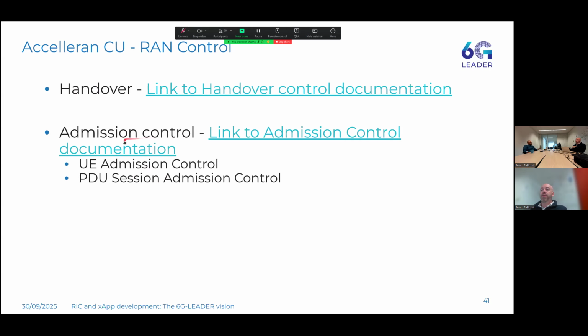On the other hand, we also have the admission control. This allows us to, as I said, do UE admission control, but also PDU session admission control. So the CU will ask you, hey, I have a new UE that's asking to be admitted on the cell. Do you want to accept it or not? This is very interesting in congestion avoidance scenarios, interference management, or even prioritization, right? You can then prioritize certain UEs and back off everyone else from the network, let's say, in emergency scenarios or something like that. Just thinking outside of the box, like the use cases that you can utilize this for.